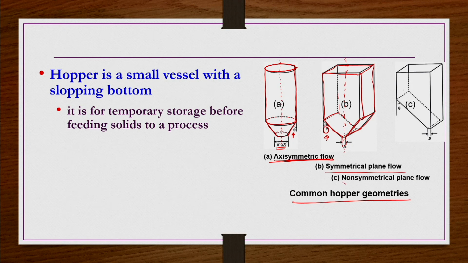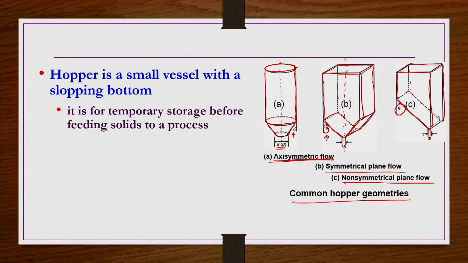The third one is the non-symmetric plane flow. Here again we have taken a non-cylindrical container, like this, and there is an angle here again, the angle at which the sloping is there. This angle is nothing but the sloping angle. We have a container, and to the bottom of it there is a sloping bottom; how much that sloping bottom angle is, that is this theta, and then at the bottom there is an opening again.